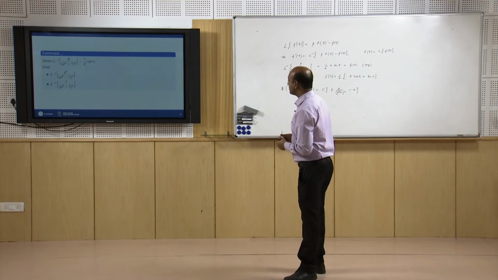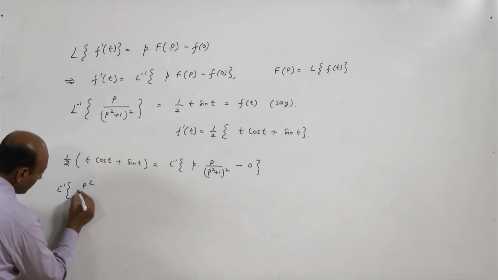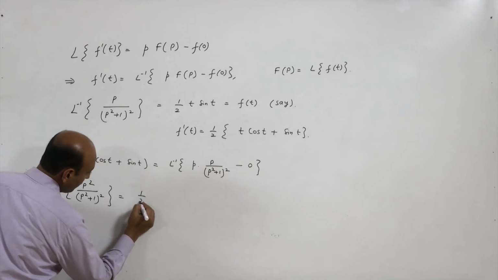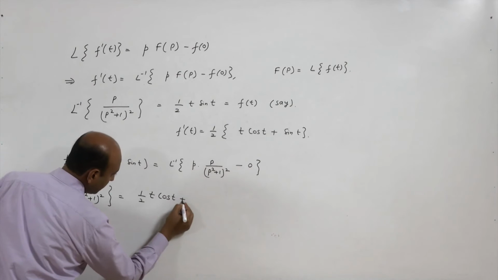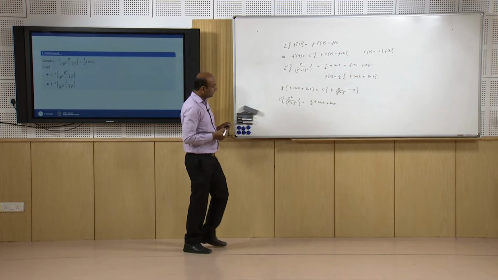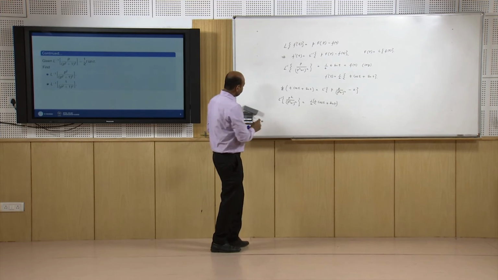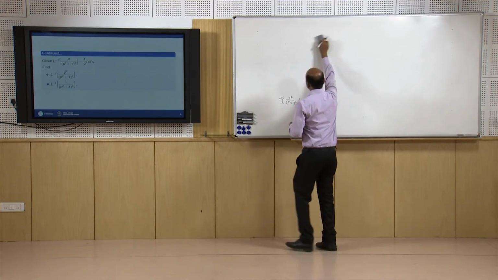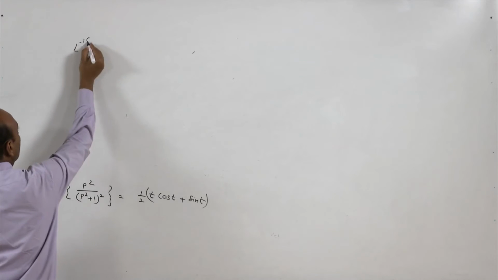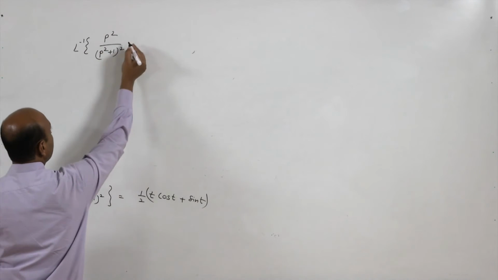Now the second part can be solved. What is Laplace inverse of p square upon (p square plus 1) whole square? We have just obtained that it is equal to 1 by 2 (t cos t plus sin t), half of the whole expression, which we obtained in the first part. In order to obtain the second part, Laplace inverse of p square upon (p square plus 1) whole square can be rewritten as